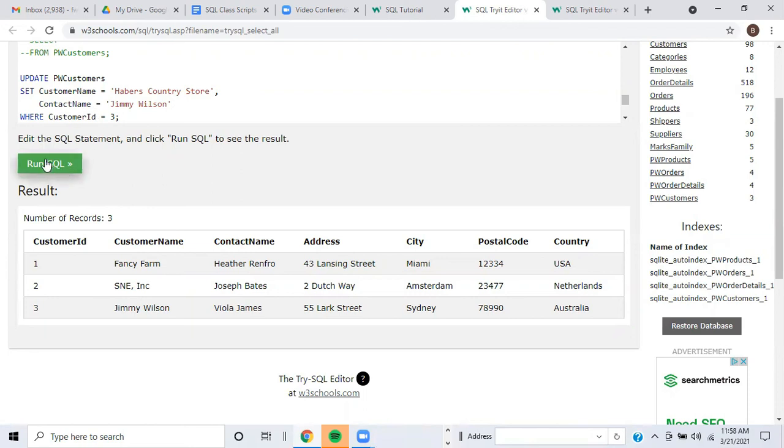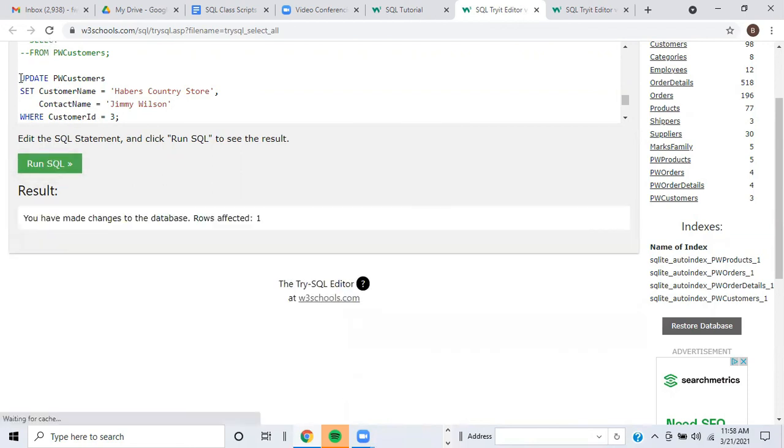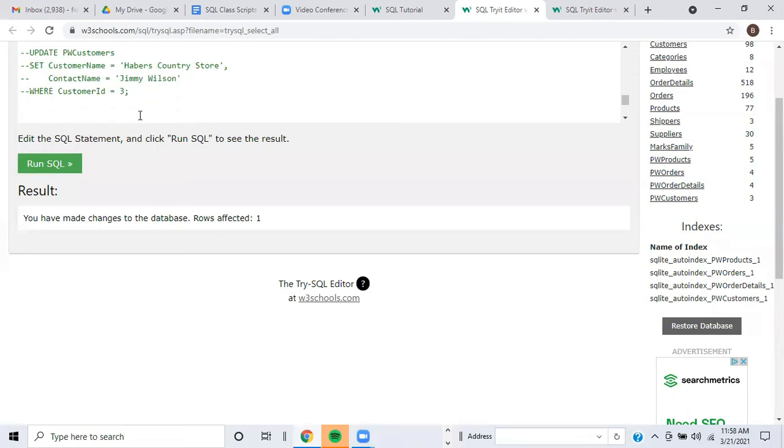Save, and I'm going to run it. That should be good. Comment it out. Hit enter. And now let's do a simple query. Select all columns with a select asterisk from, and capitalize the SQL commands. Be consistent with that. Always capitalize those. Not that you have to, but your code is a lot more readable when you do it that way. So from PW customers